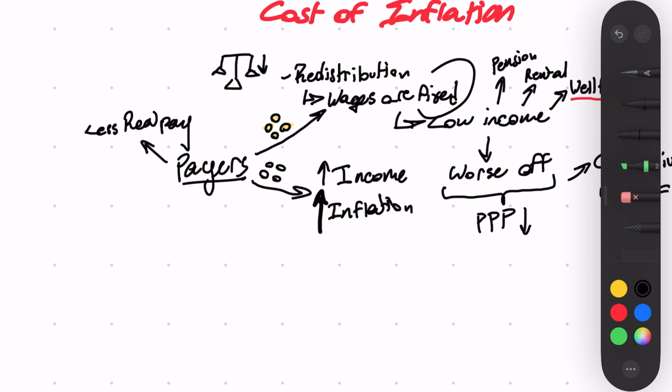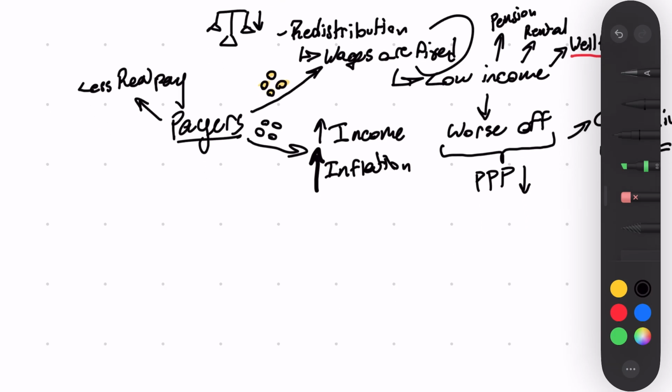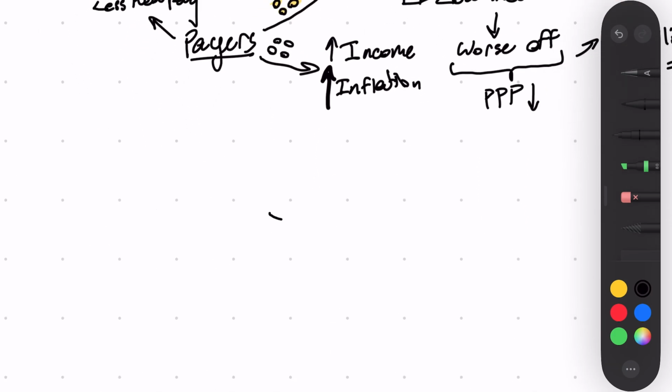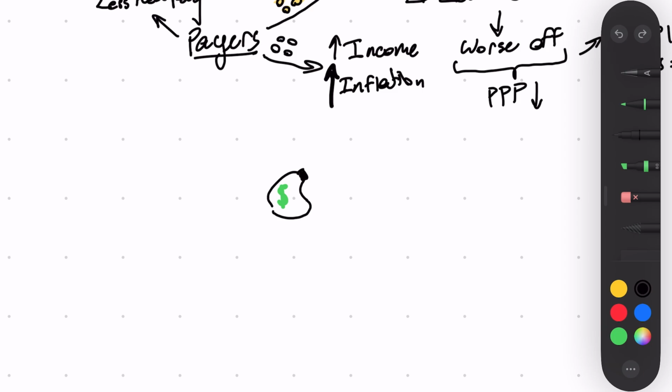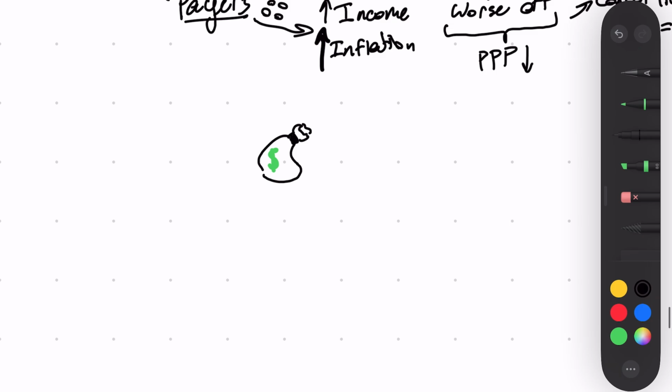Okay? Now, the thing is that it also has effects on economic stimulus, let's say. So basically people saving or spending money, right? What it does is that typically it disincentivizes people from saving. Because what happens is that the money that they have sitting in their bank will lose value depending on how high the interest rate is. So why am I going to keep money in a bank if it's going to lose value when I can just spend it right now? Right? So